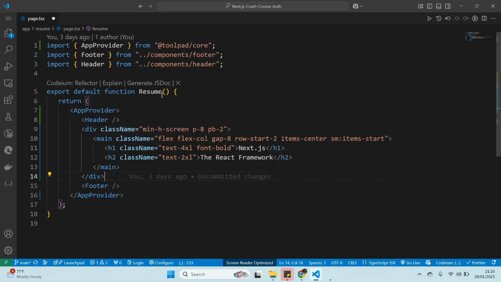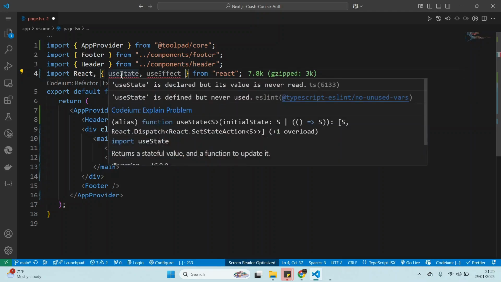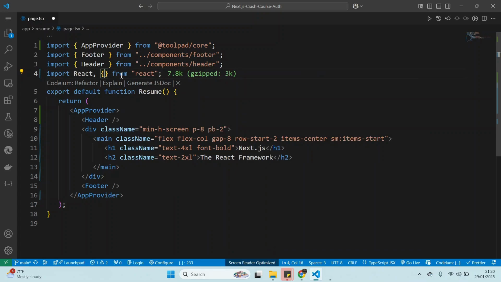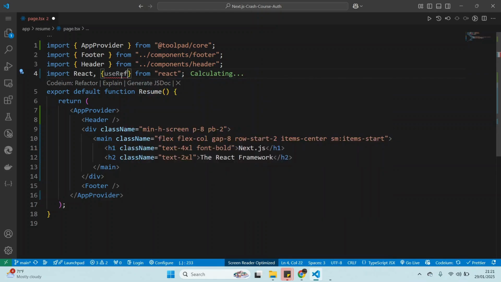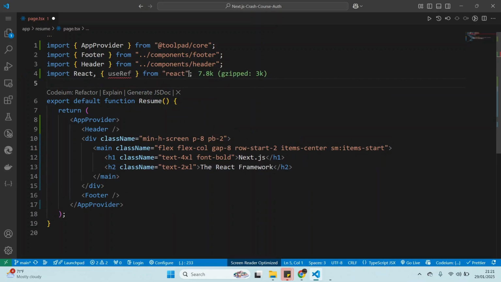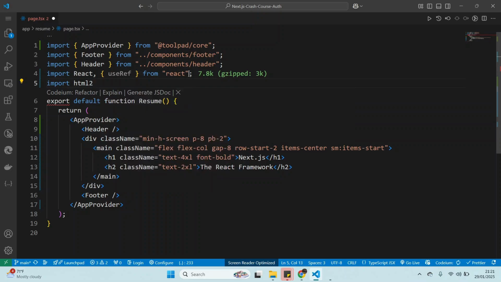All right. So first of all, we need to import React, and also React reference. We don't really need useState, but you can get useRef for reference, and then we need to get also our PDF. Can do import HTML to Canvas,